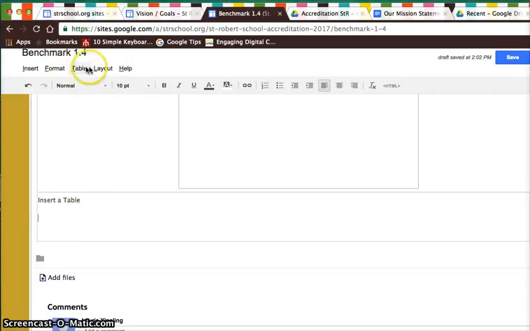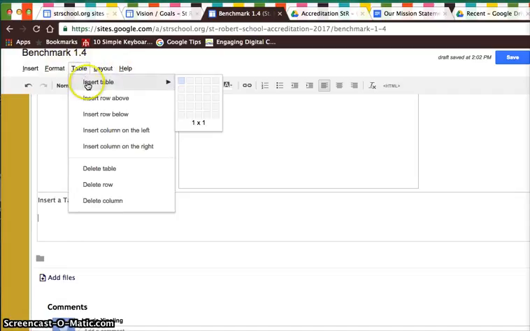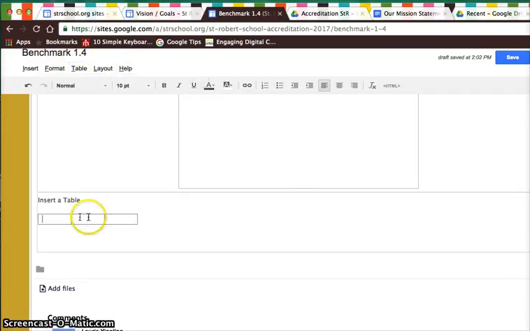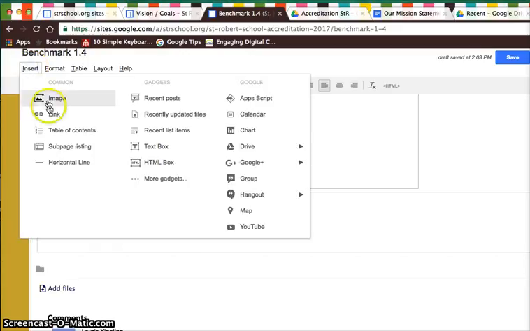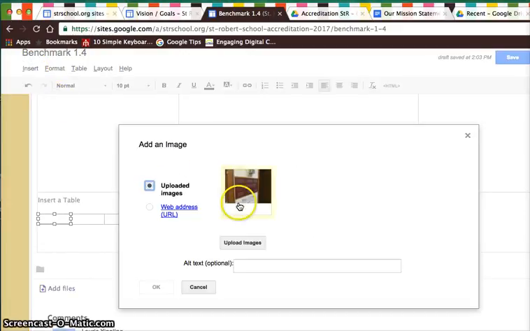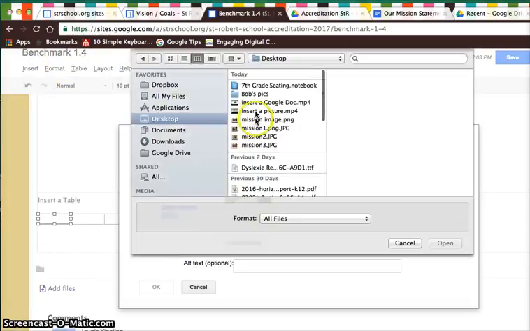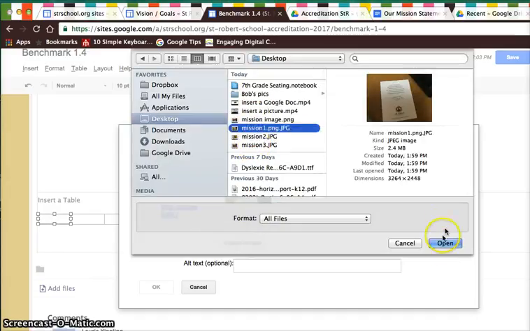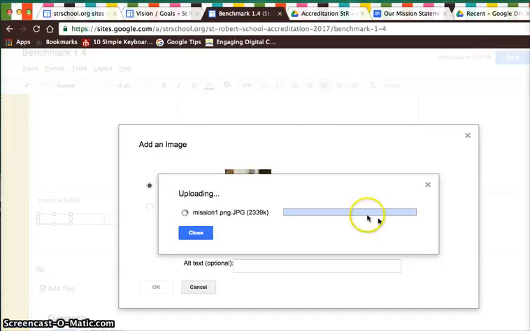So in my menu here I have a table, and I'm just going to use three pictures here, and I can insert that. We can center this, so we'll talk about that at a later date, but it can look really nice. So I've got three cells in my table, and I am just going to go to my menu bar, say insert, and just as we did it earlier, I've got three images here, so I'm going to upload this one in this cell,